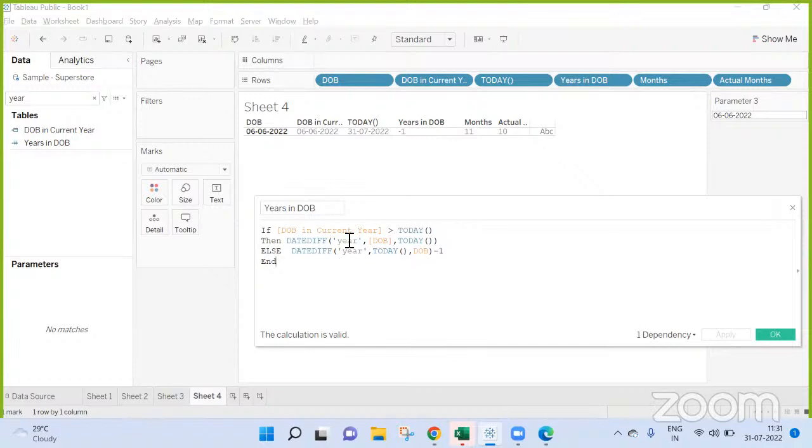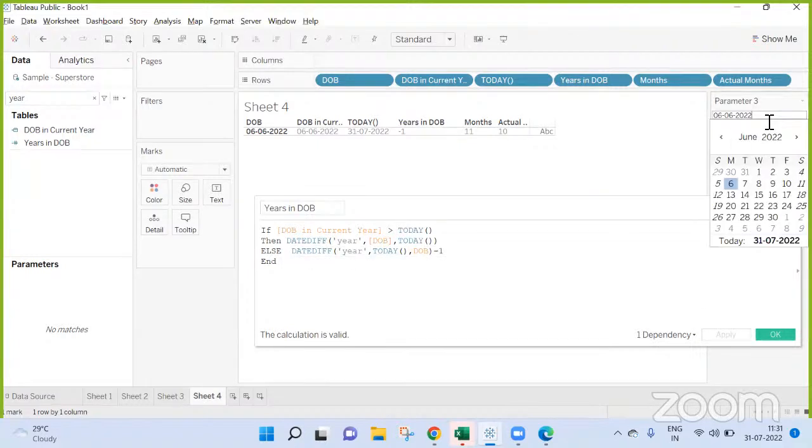Just a minute. Here, if the current date is greater than today, then we are doing DOB minus today. We got the full years. Oh, that's it, we changed the DOB. Sorry, the issue is here. We changed the DOB.